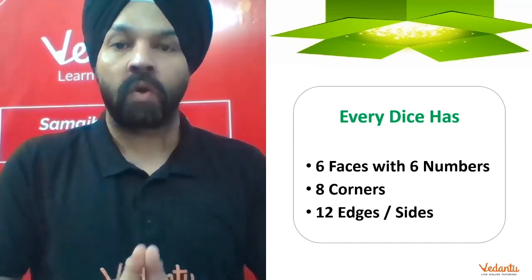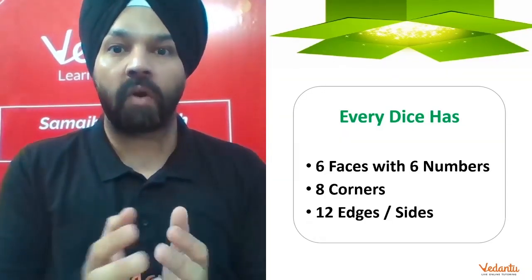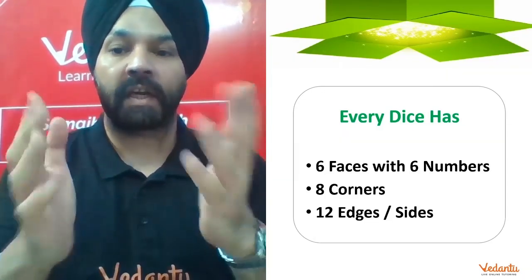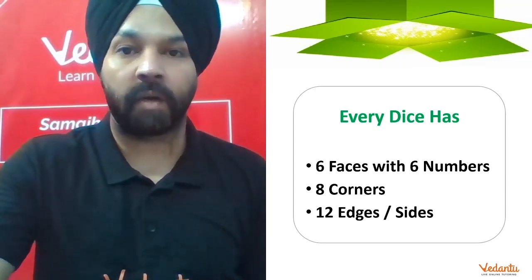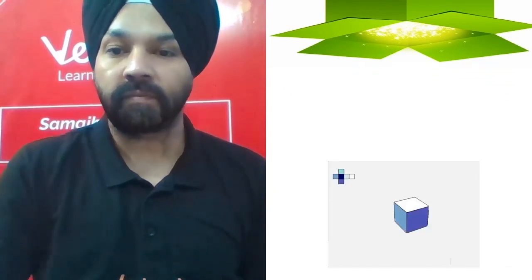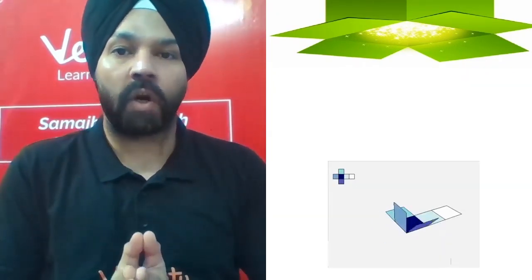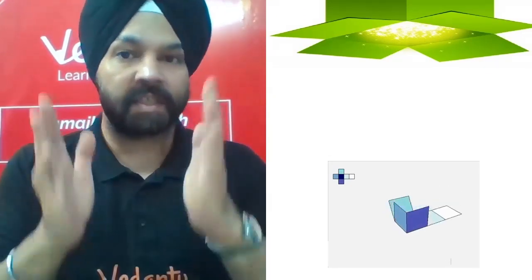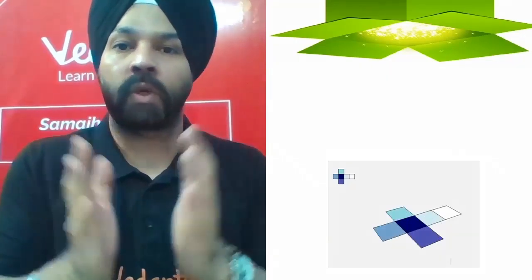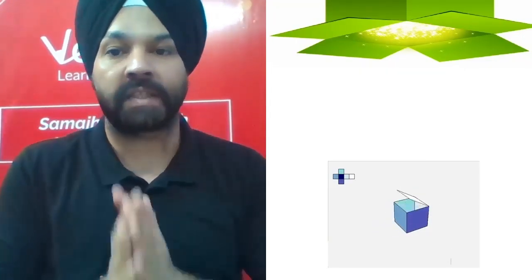I am going to tell you now how a dice or a box can be opened up or how it can be made from a cutout. So let's explore a few cutouts from which we can create a box or a dice. This is the first one. A beautiful animation is explaining how a normal box can be opened up to create this structure, and this is the most basic diagram which we shall be utilizing for solving many questions which are in concern to dice.